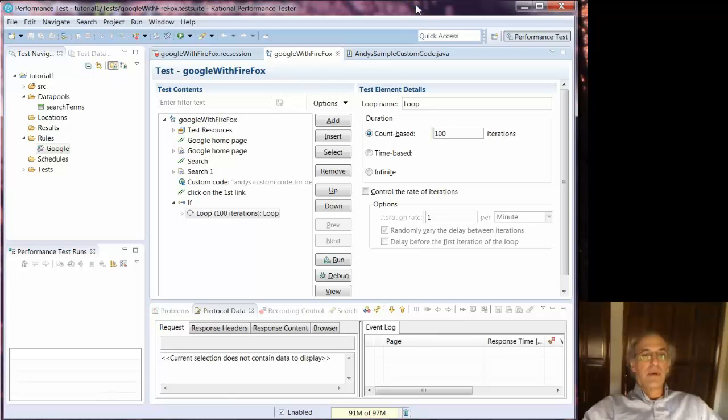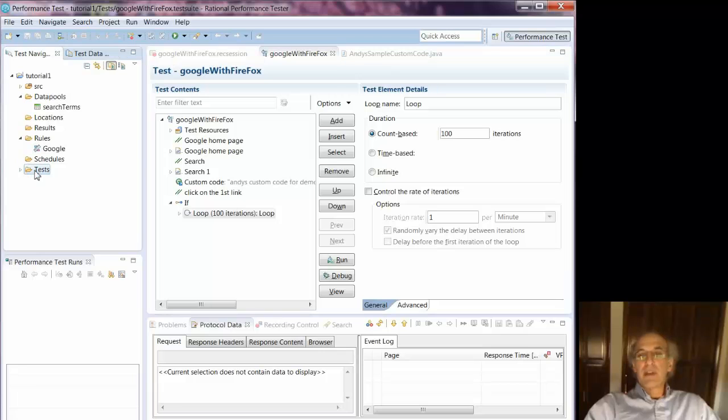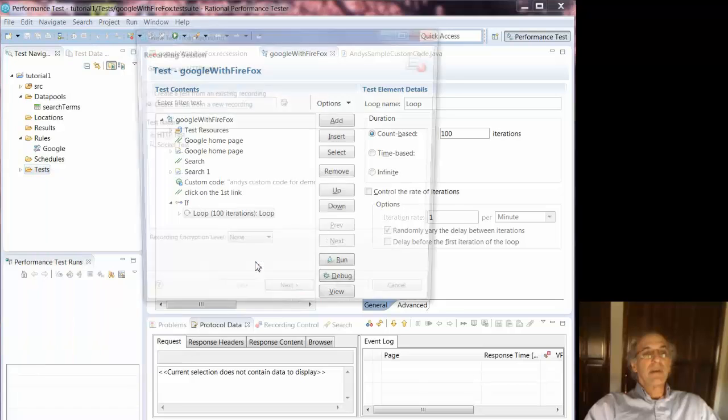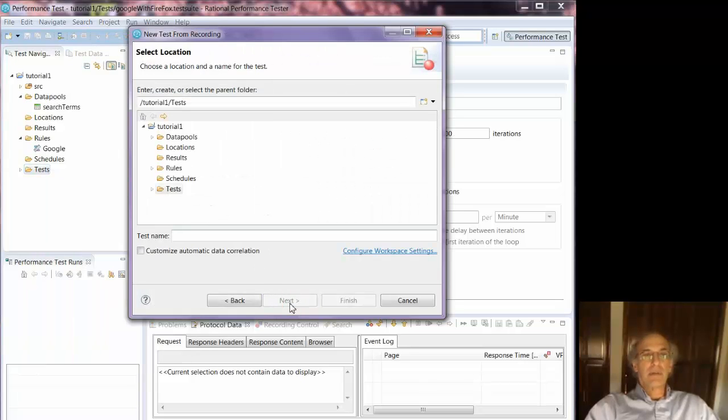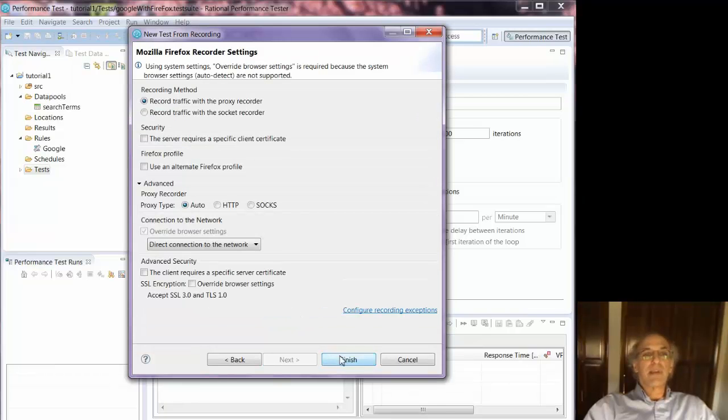Alright, so I will go to the workspace that I was using before, and this time around I will create a new test from recording. HTTP test. I'm going to put it in the tests folder. I'm going to call it Google with Images, because I'm going to go to the images link. So the first part of this test will be the same. I'm going to go to the Google homepage, and the second part I'm going to click on the images link. Use Firefox again. Take all of the defaults on this page,